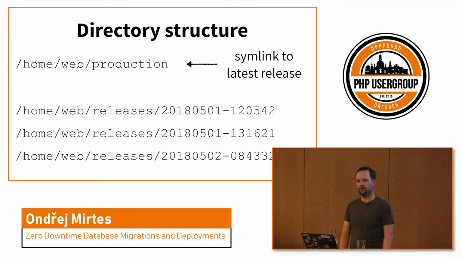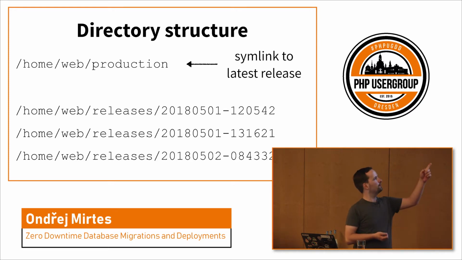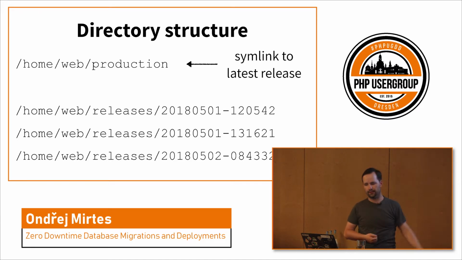But the concept that I have most experience with is running from a single or from multiple servers, but the blue-green boxes are actually represented by directories on a file system, which is why I will talk about this approach in depth. So the production directory is a symlink to the latest release. So it leads to one of the directories with the timestamp in the name,